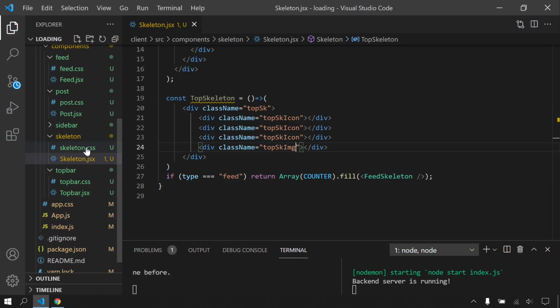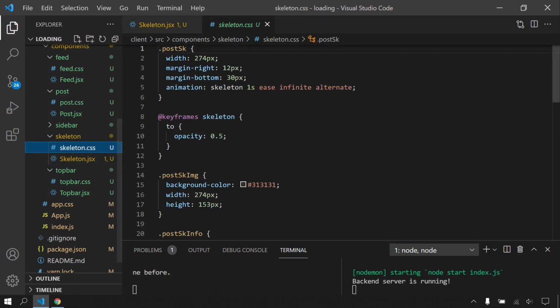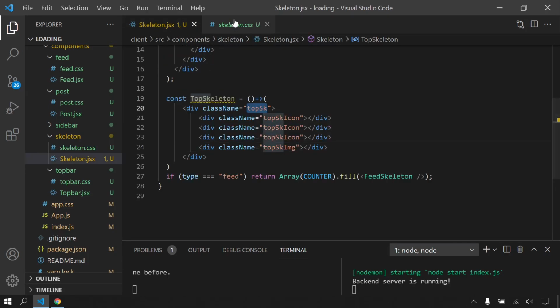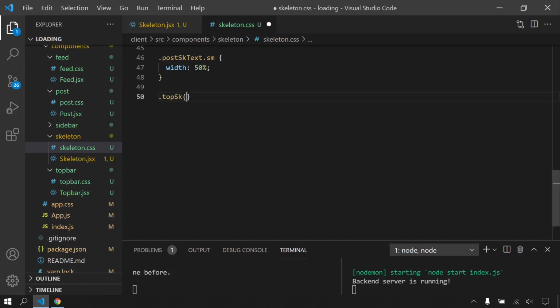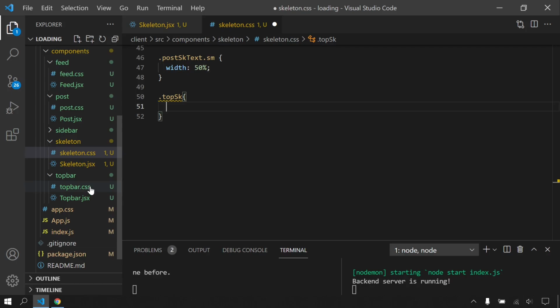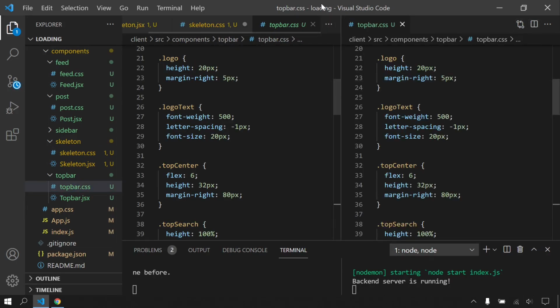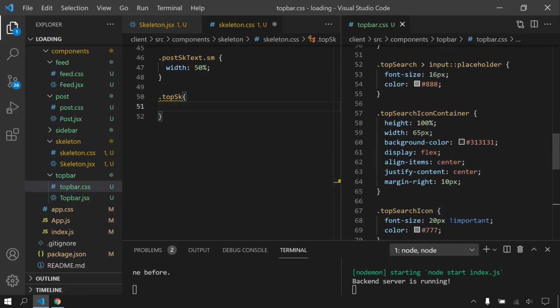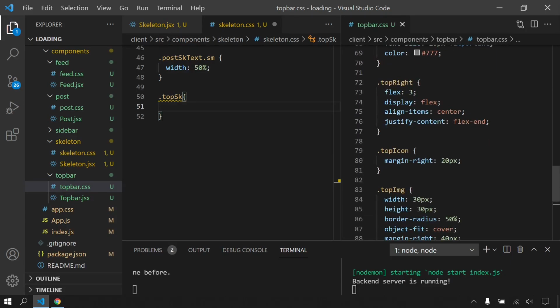So let's open our skeleton CSS, and here for our main component, let's open our top bar here, and we can see better, I think, because we are gonna be using this right side. Okay, it starts from here. So I will copy this. It's exactly this same container.